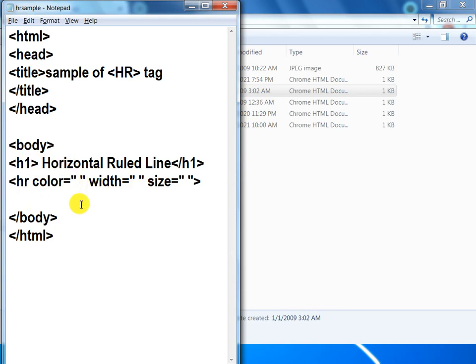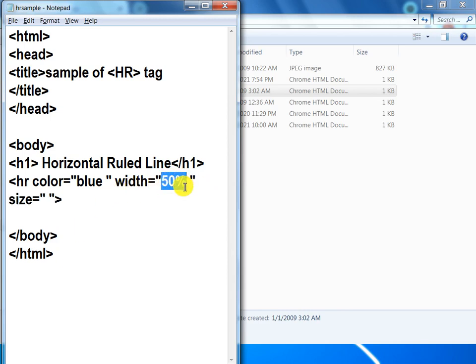Now pass the value for these attributes. Color is equal to blue. We apply the standard colors, that is blue, red, yellow, pink, green, and so on. Next, width. The width value should be in a percentage or in pixels.